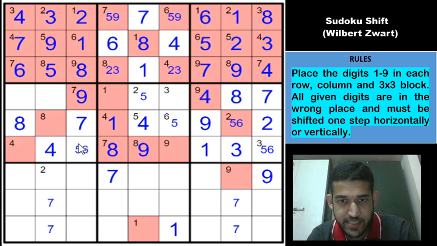And now we have a 5 6 pair in row 6. Remaining candidates are 2 1 7, right? So 2 7 and 2 7, and this 7 eliminates the 7 from here, so this will be a 2 and this will be a 7. That's good. So now this 6 is very restricted, can't be in these 3 cells, so it has to go up. So this will be a 6,